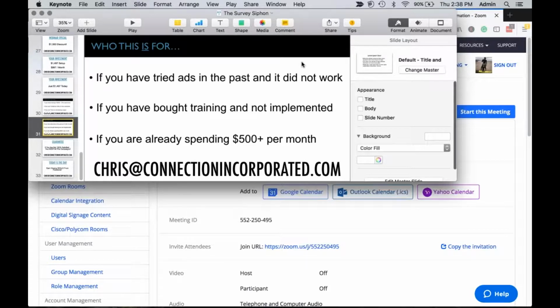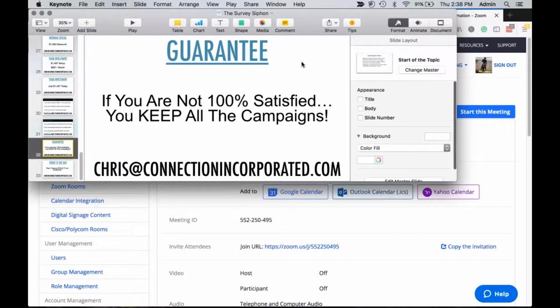And if you're already spending $500 a month on ads or more, it's definitely worth it to take a look, because of the increase in the quality of the leads that come through the funnel, as well as the reduction of the cost per lead right now. I mean, we had a client account last month. They were spending over $60 per lead through Facebook. We were able to take it down to almost 14 within 40 days. I think we're at day 40 now. So it was just under a month to reach close to that number, and it's continuing to go down at this point. So just those savings there are definitely worth it.